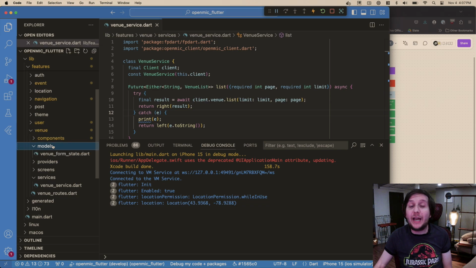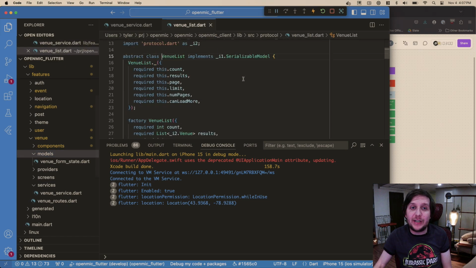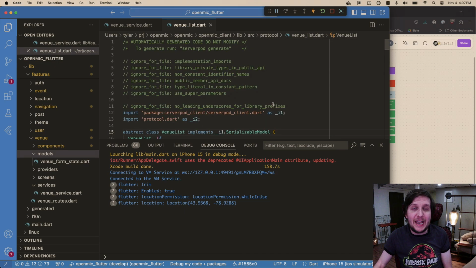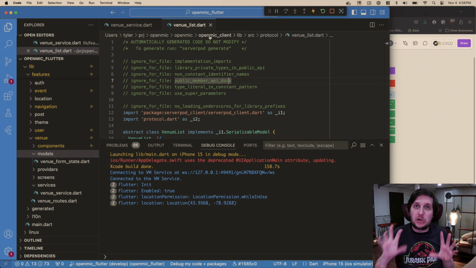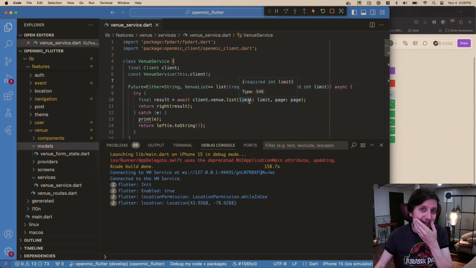However, we don't actually have to generate the Dart models for our models because that happens with Serverpod automatically, which is kind of why I was saying earlier, it's not just a backend, it is a full stack thing. Look, venue list, this was all generated code by Serverpod itself, and it's happening in my front end code base essentially. Technically it's happening in the client, which is like a third project that you never really have to touch. But at the end of the day, it's pretty cool. And the value of it is that you're getting full end to end serialization and endpoints and whatnot.